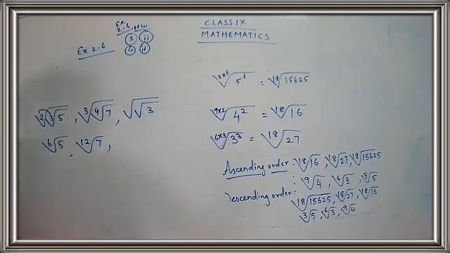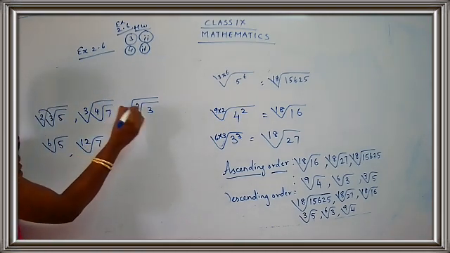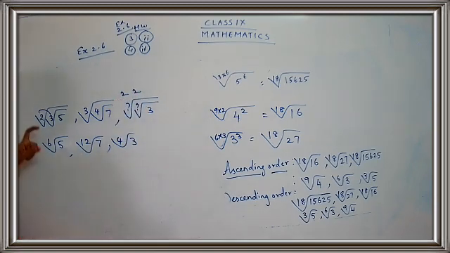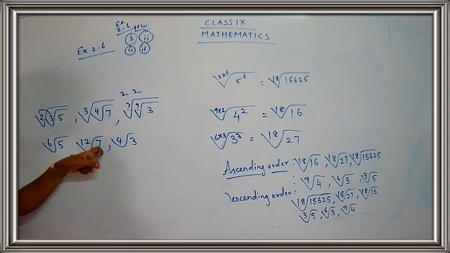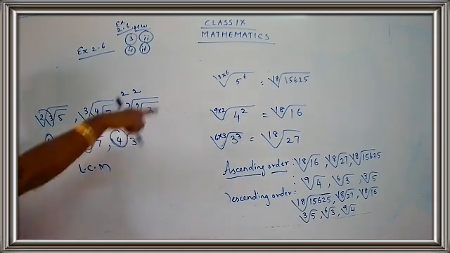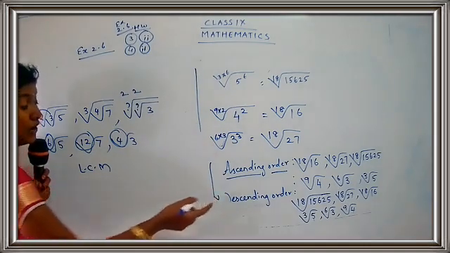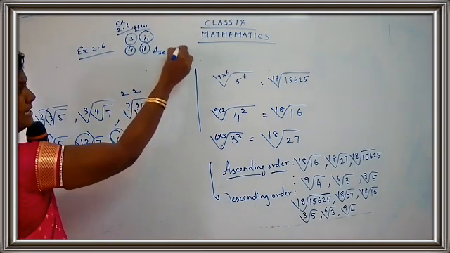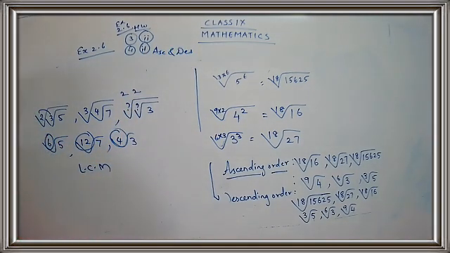Nothing is mentioned. That means you have to take it as 2. So this is 2, this is 2. So 4th root of, okay, one step extra. So just multiply both the indexes. 2 into 3, 6th root of 5. 3 into 4, 12th root of 7. 2 into 2, 4th root of 3. You have to take the LCM of these three numbers, and then proceed in the same manner. You have to find out ascending and descending order for question number 4, both ascending and descending order. Okay, children? So you have to complete your sum number 4, second subpart.